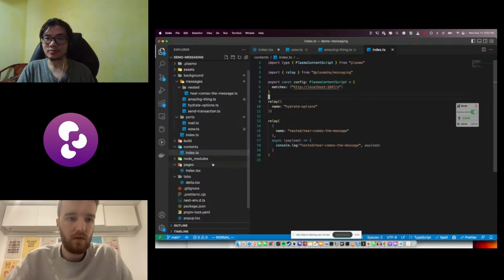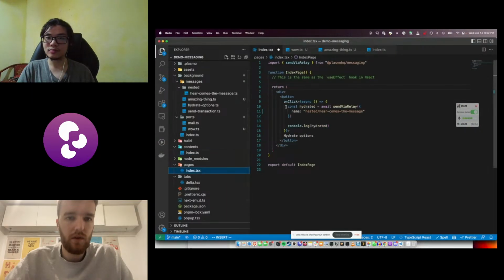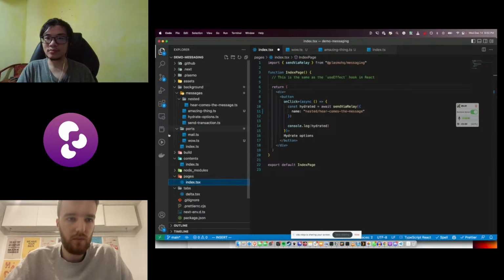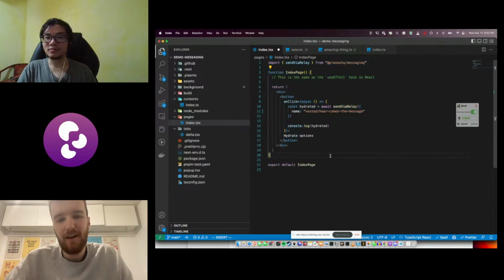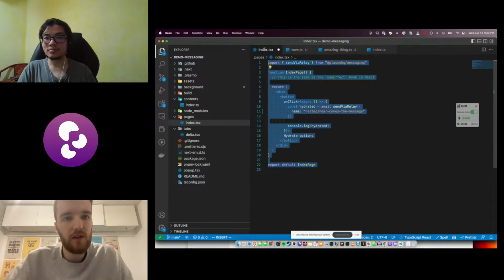Okay, got it. Just to make this very clear, pages refers to Next.js pages. This is some website, right? This is not an extension thing. This is a website, and this is exporting a React component. It looks a lot like a Plasmo concept because we have a very similar idea around exporting React components and using file-based declarative configs. But this is actually a website page with Next.js.